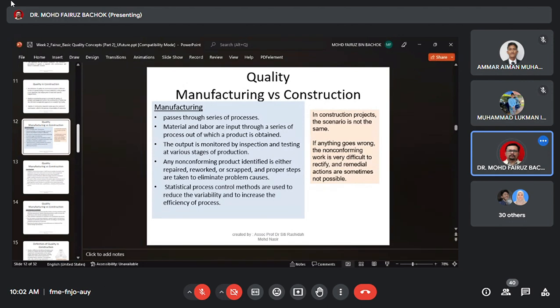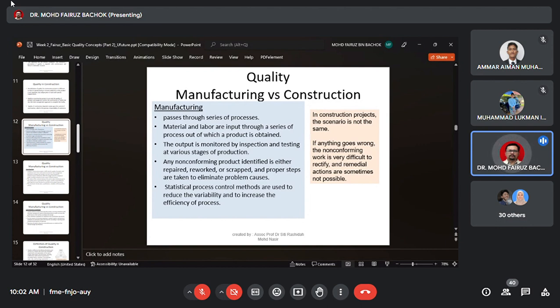But construction, maybe one question, we cannot compare one construction to another construction. Okay, it depends on the area. Maybe one construction in an area needs more processes. Maybe a construction in a different area does not need as many processes. Mention area is the dragon counter itself. Is this something challenging or not? It's more challenging, you need more processes. That's why it's different from manufacturing, which goes through the same routine process.